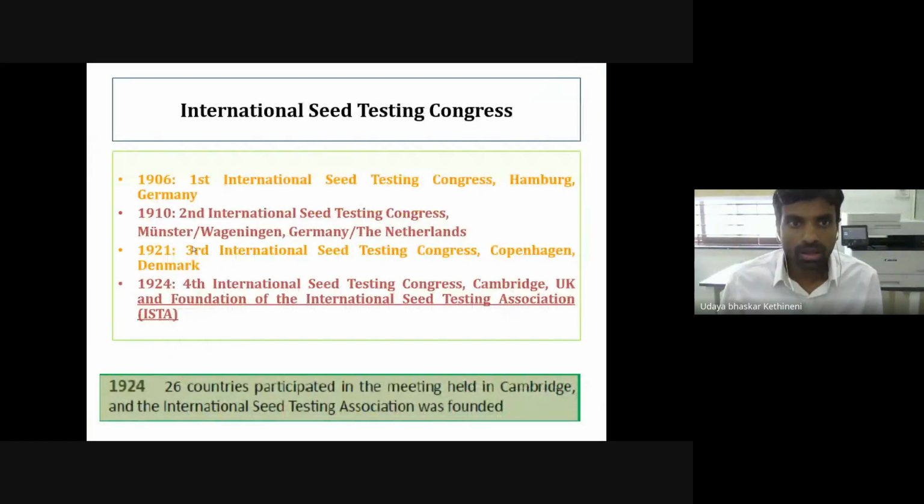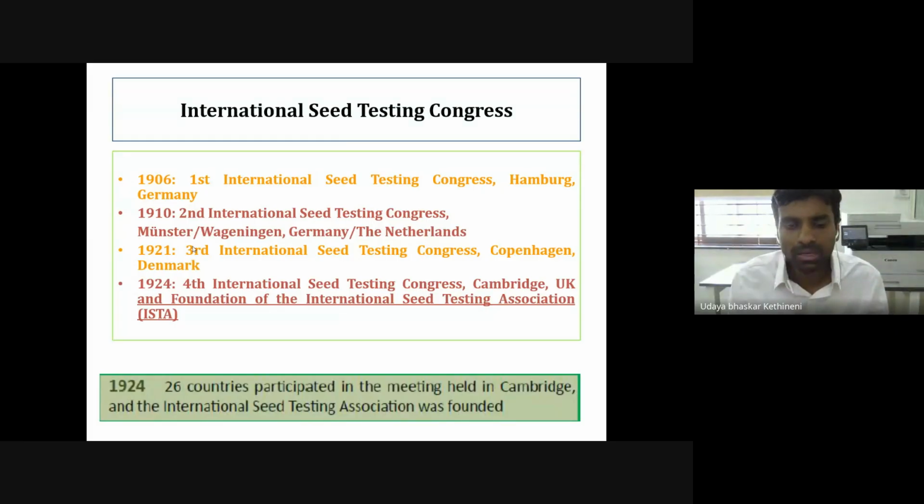First, what is ISTA? We all know that the history of seed testing dates back to the mid 19th century. We know that Frederick Nobbe is the father of seed testing. In 1869, he published his handbook on seed testing. From that point onwards, the knowledge on seed testing started unraveling